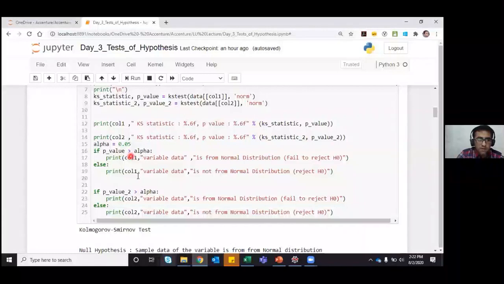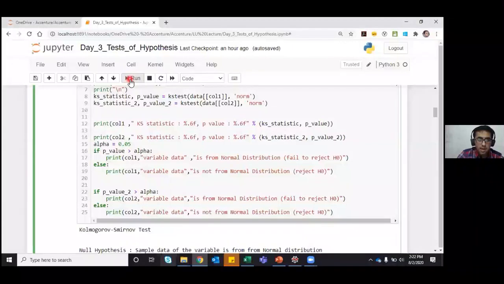If my p-value is less than or equal to alpha, then I would say my variable data is not from a normal distribution and we reject the null hypothesis. That's what I had explained in the slides as well.